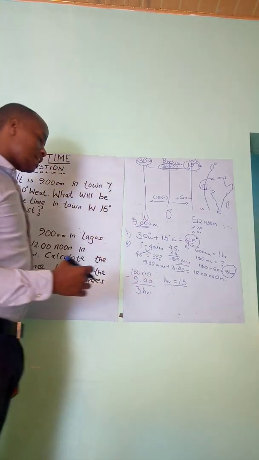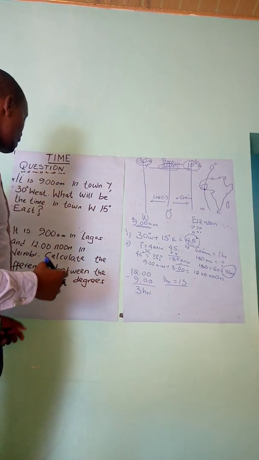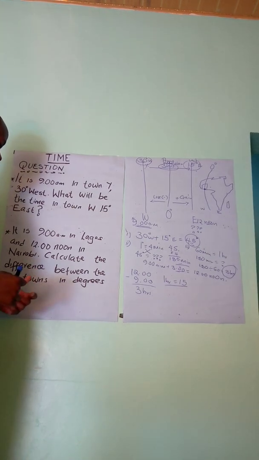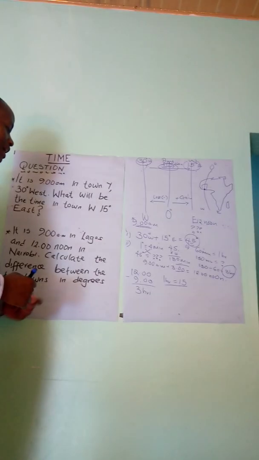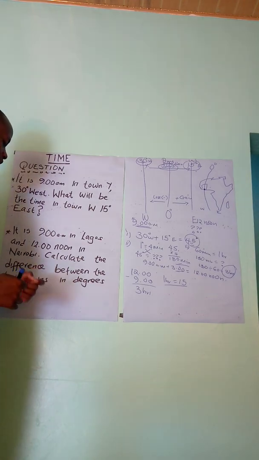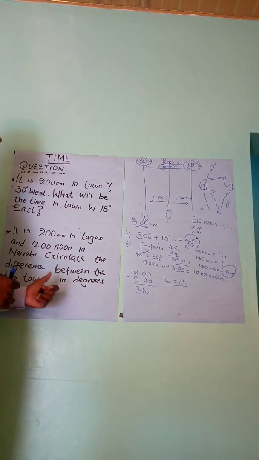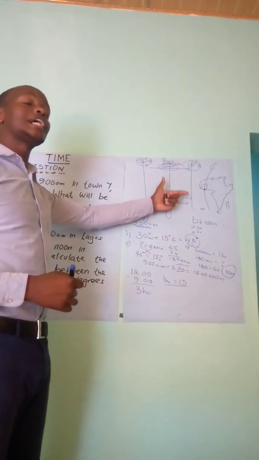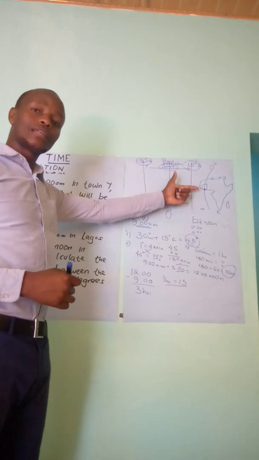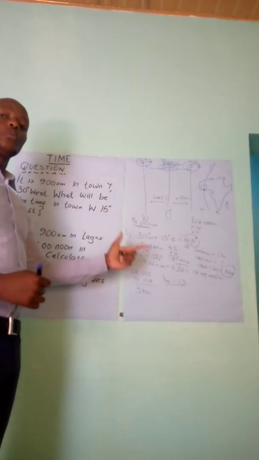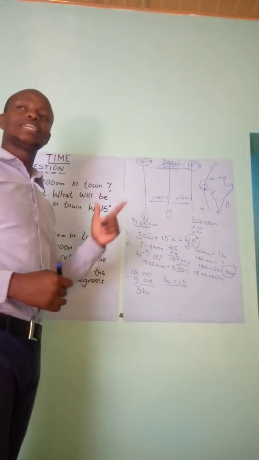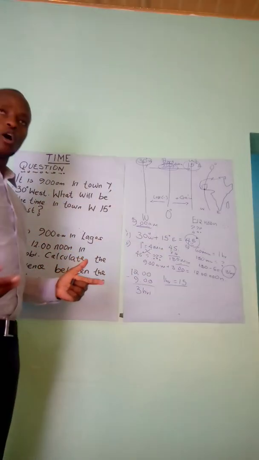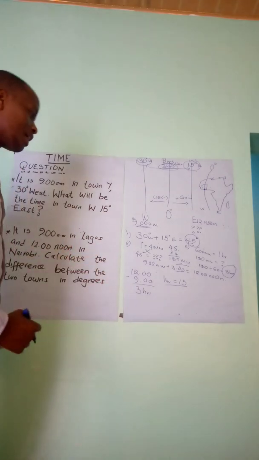Moving very quickly to the next example. It is 9 a.m. in Lagos and 12 noon in Nairobi. Calculate the difference between the two towns in degrees. Here, we were required in the first example to calculate time. In the second example, we are required to calculate the difference in longitude. Therefore, my dear viewers, what are we going to do? The first step